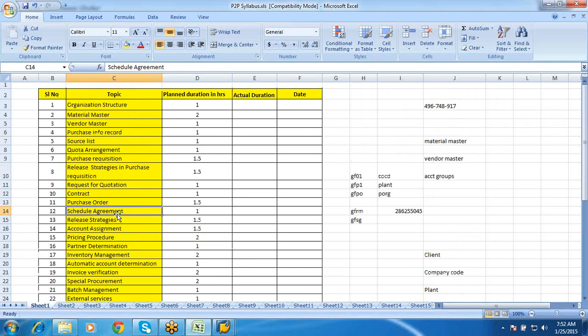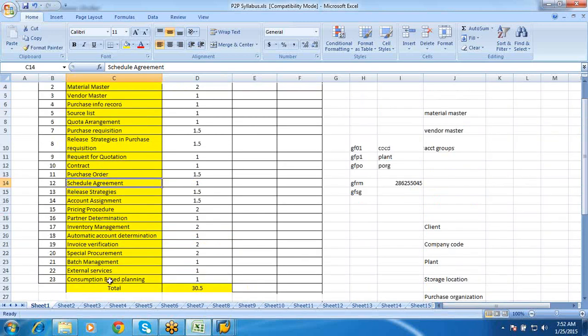What I suggest is, other than consumption-based planning and batch management, MRP was also important, and they were looking for MRP. If that is the case, you need not include it, but in the interview, if they ask basic questions, we need to be able to answer them. That is what the expectation would be.